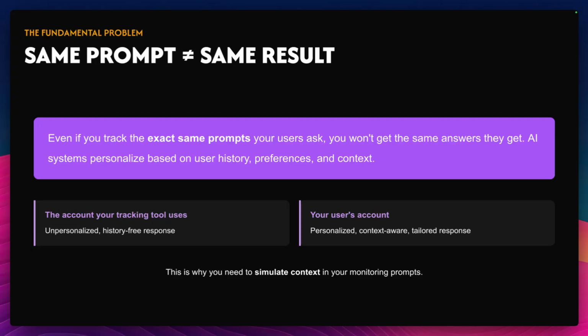You can also see it in your own user account. If you ask the system of your choice what's the best solution for that, and it already knows your company, it tells you that your company is obviously the best. But if you ask the same question in incognito mode, you get a different answer. It will say your company is bad. It probably won't even mention your company, even if it is visible.